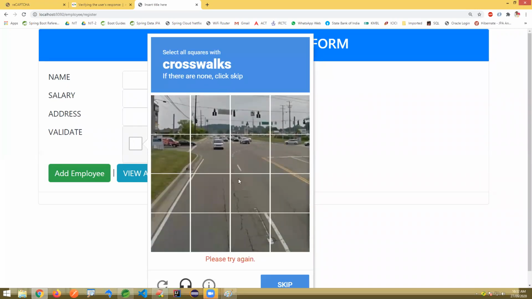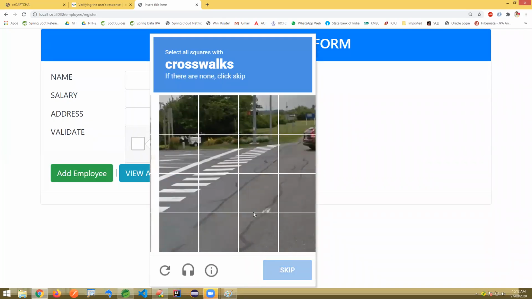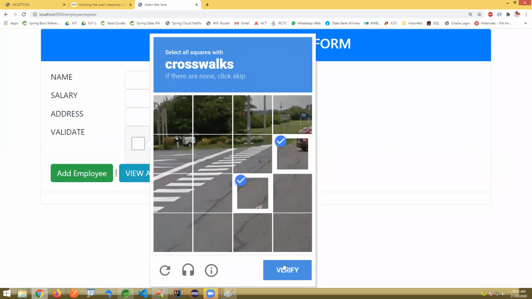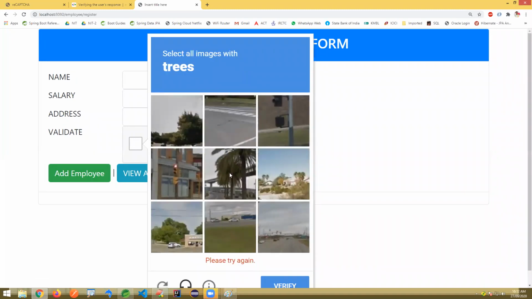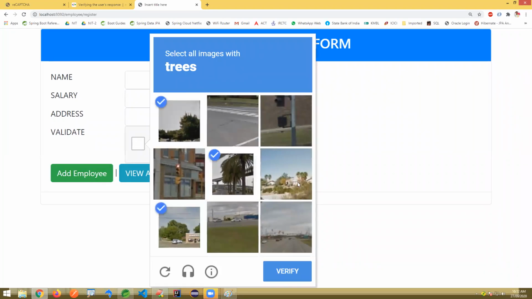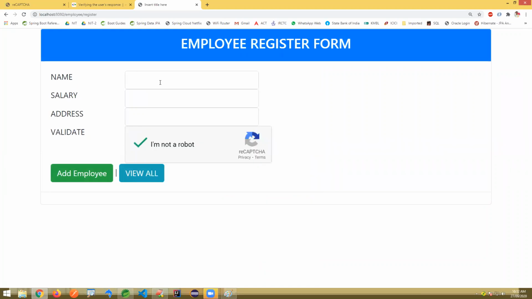See, it is showing one more, please try again. Are you able to see? If you choose invalid images, crosswalks, trees, please try again. It is showing here. Tree 1, verify. It's verified. Of course, you need to write validation for other things also.